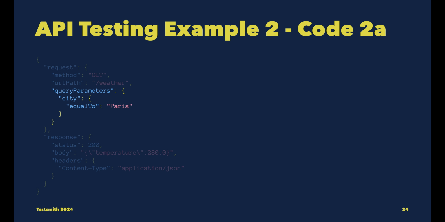These lines define the query parameters for the HTTP request. The city parameter must be equal to Paris. This setup is part of the request configuration, specifying that the endpoint should only match requests where the city query parameter is exactly Paris. These lines define the response body. The response body is a JSON string containing a temperature key with a value of 280, which represents the temperature